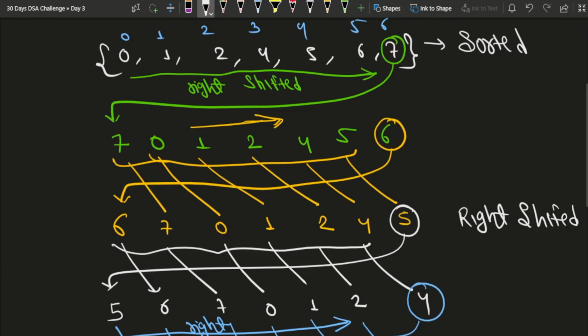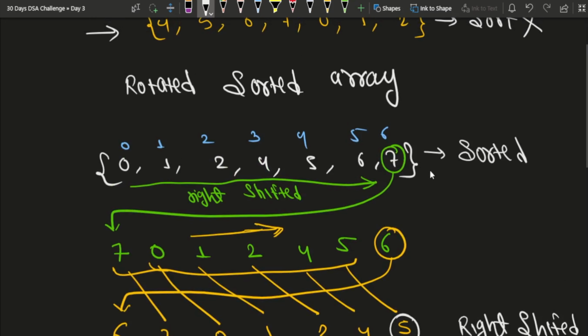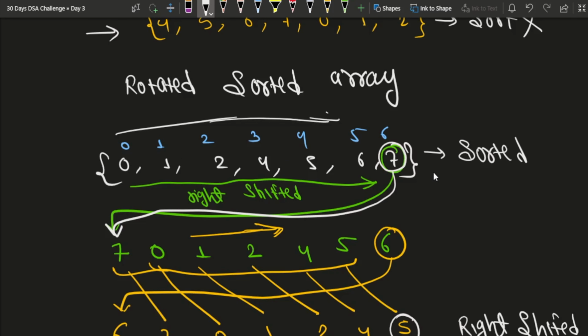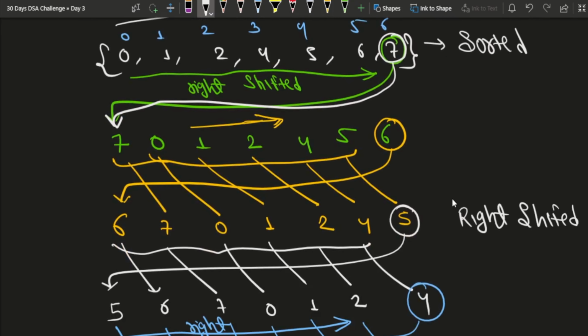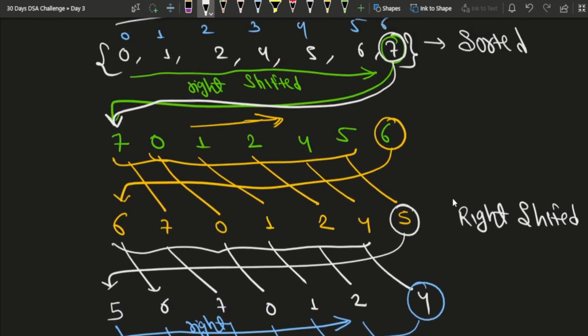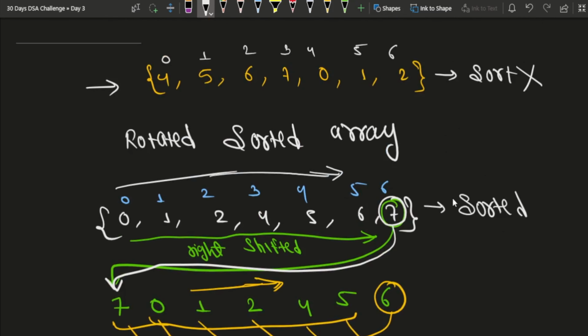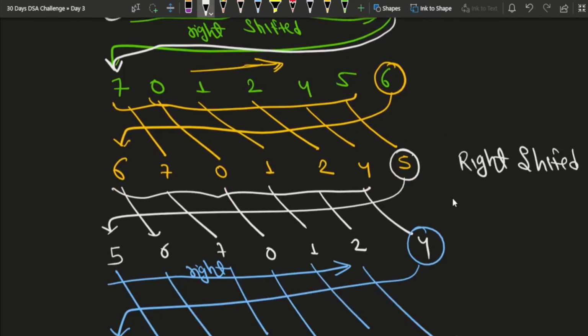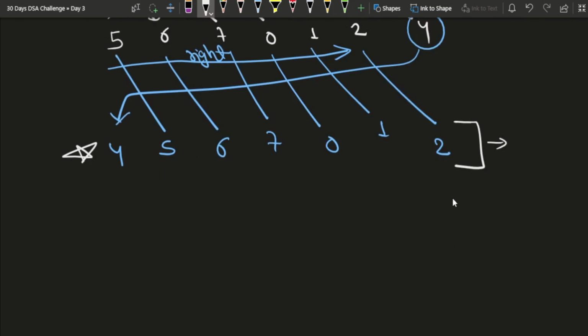Then what we had done, we just took the last element and put it at index number 0, and then we shifted all the remaining elements to the right by 1. And now if you compare, this is something which is given in our question. This array 4, 5, 6, 7, 0, 1, 2 and this particular array 4, 5, 6, 7, 0, 1, 2, they both are same, and we have